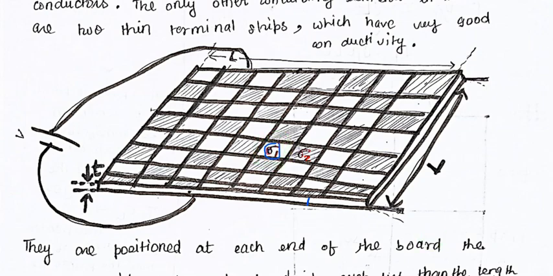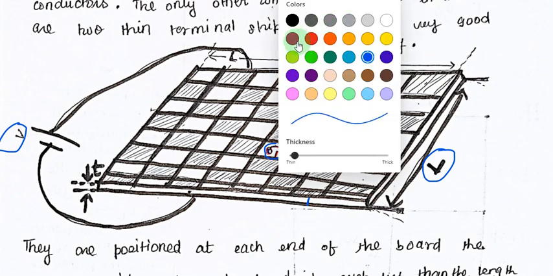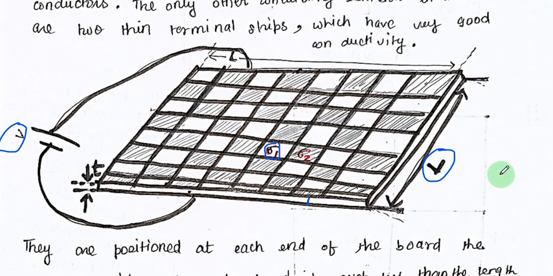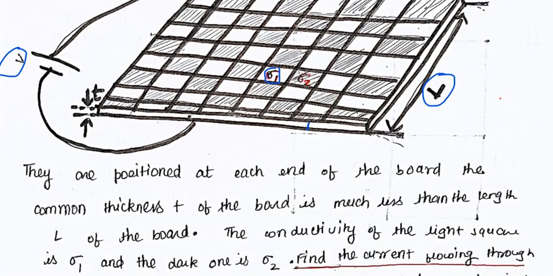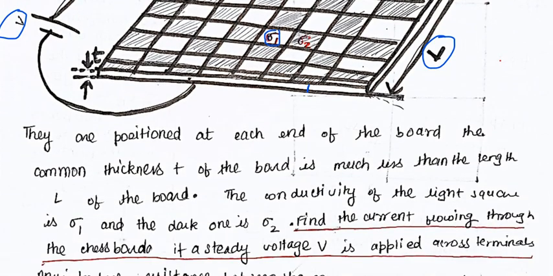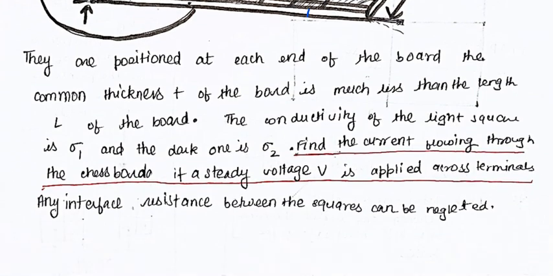So here we have been given the arrangement. The length of the board is L, and the voltage across the two sides of the board is V. What we need to find here is the current that passes through the board. Let us discuss how the current streamlines work here and how the potential difference works across the board. It says they are positioned at each end of the board. The common thickness T of the board is much less than the length L of the board. The conductivity of the light square is sigma 1 and the dark one is sigma 2. Find the current flowing through the chessboard if a steady voltage V is applied